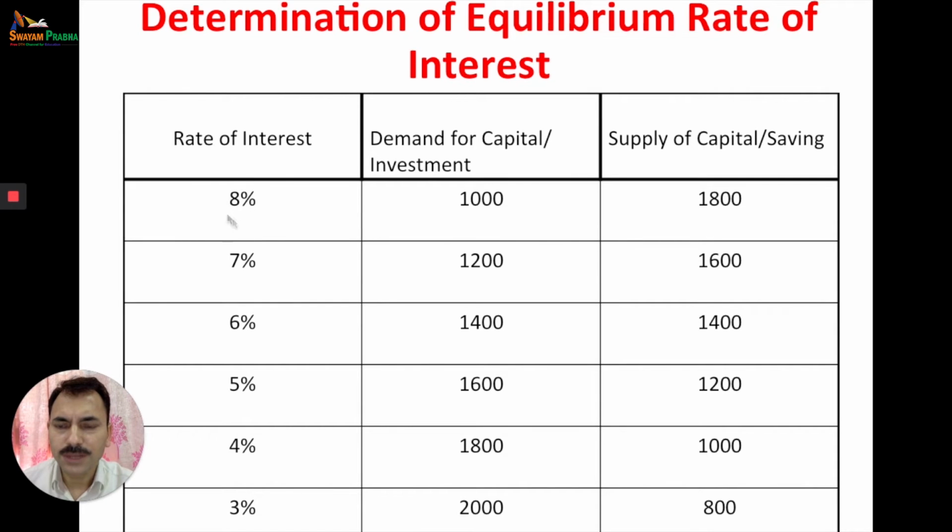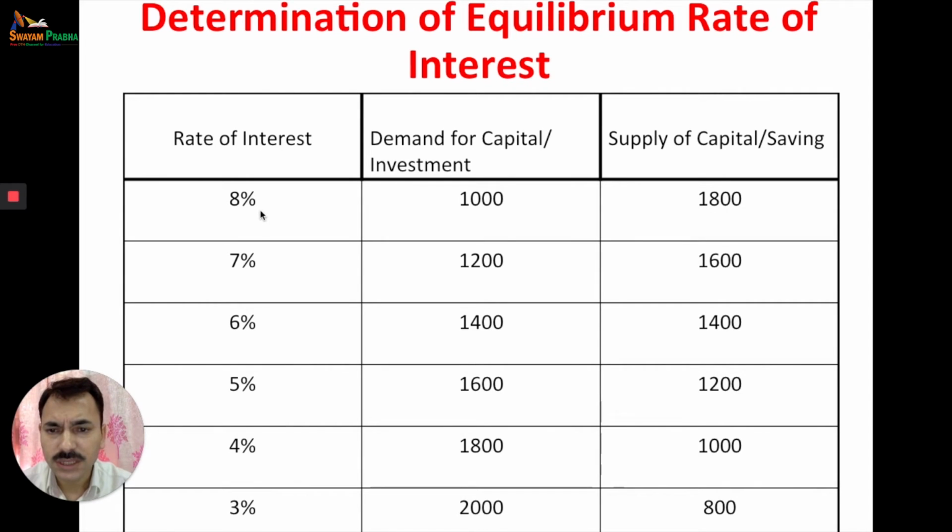Say, for example, the rate of interest is 8%, the demand for capital is 1000, the supply of capital is 1800. The rate of interest decreases from 8 to 7%. The demand for capital now increases from 1000 to 1200. It means as the rate of interest decreases, the demand for capital increases. 7 to 6, then 12 to 14, 6 to 5, it is now 16, and so on. As the rate of interest is decreasing, the demand for capital is increasing, but the supply of capital has a positive